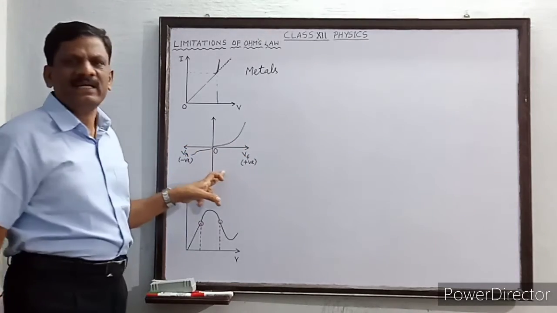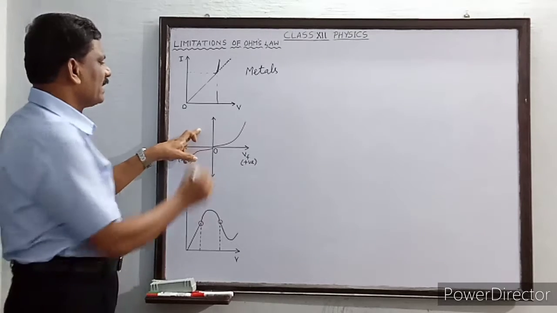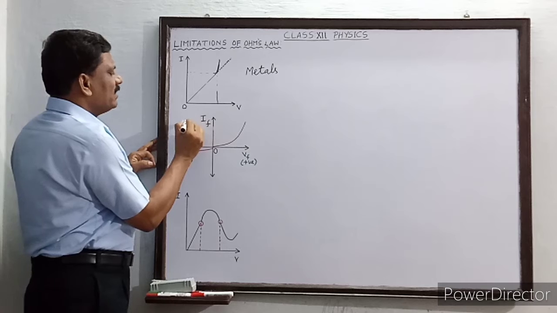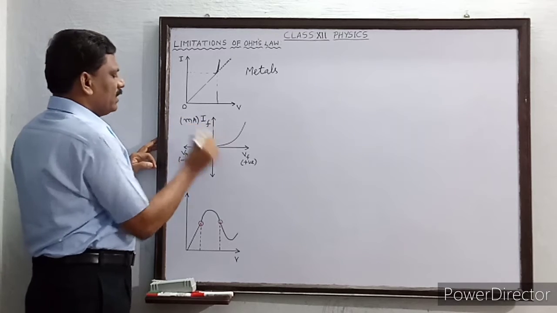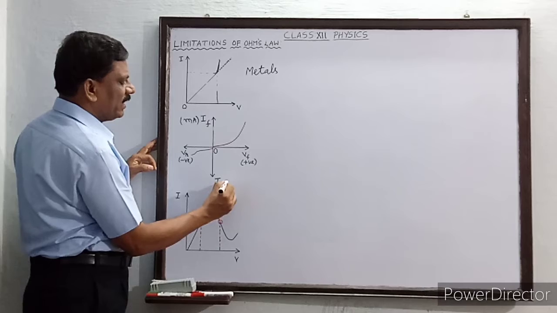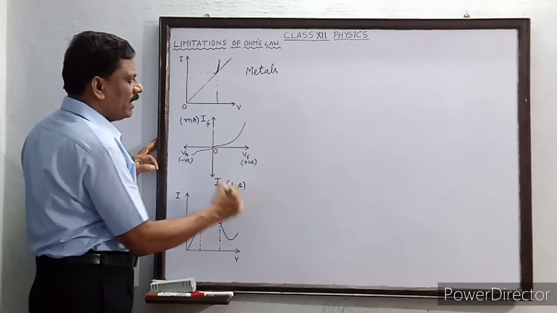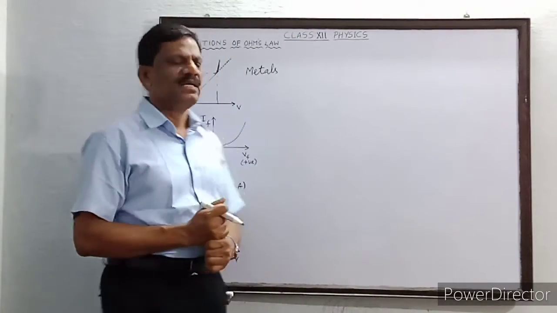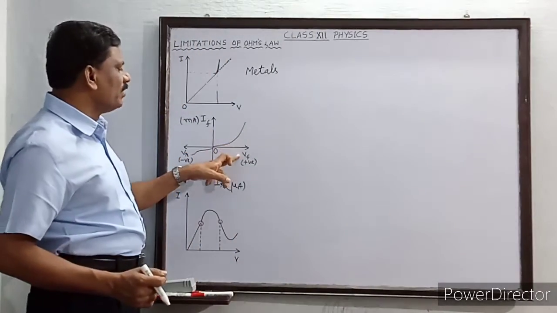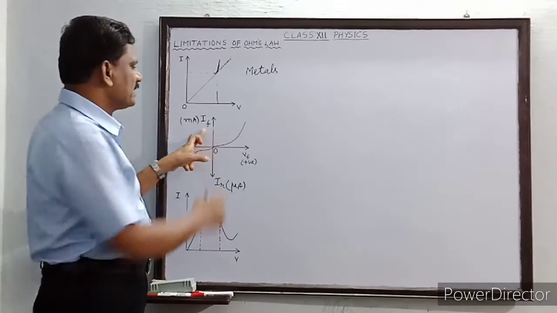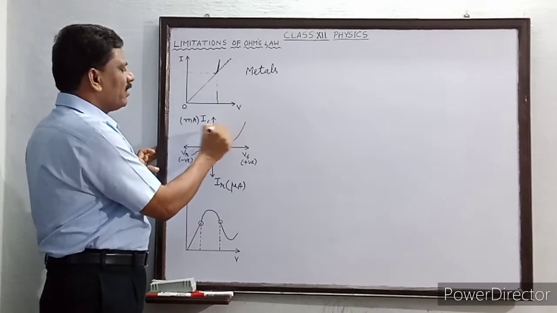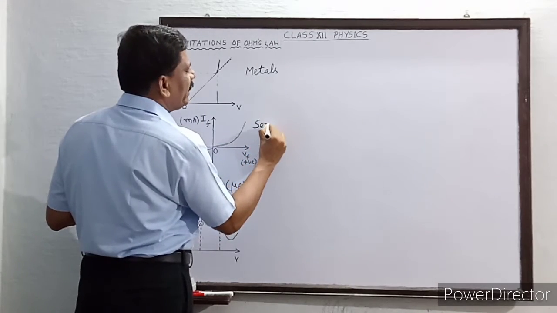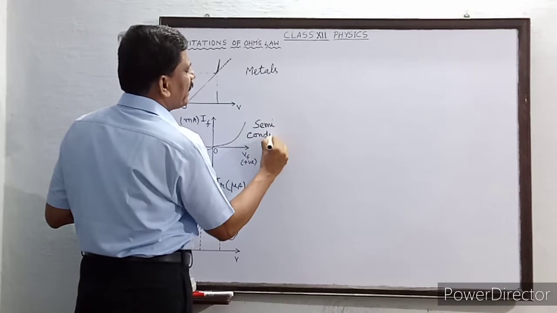Now the second graph, it is a voltage versus current graph. This is the current in the forward direction, I forward, in milliampere, and this is the current in the reverse direction, expressed in microampere. You can see that the second graph contains 4 quadrants. In the first quadrant you can see a graph between voltage and the current. This type of graph, for which all the 4 quadrants are represented, is for a semiconductor. Such materials are called semiconductors.